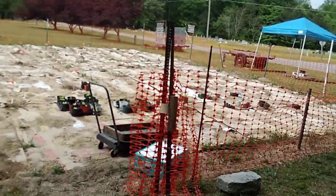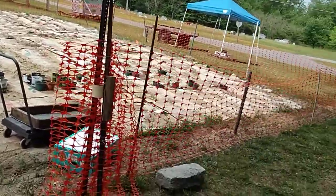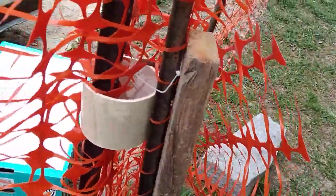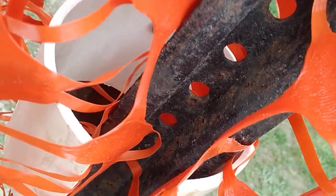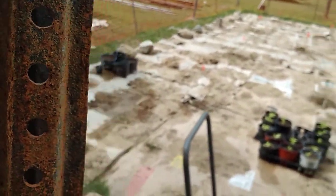I put the orange fencing on a T-post and kind of strapped it in, and then this particular one, I took a 2x4 as a piece of backer material, and I ran a couple of screws. Let's see if I can find one. Anyway, yep, there we go. I just took a couple of deck screws and ran it through the holes that are in the T-post itself,